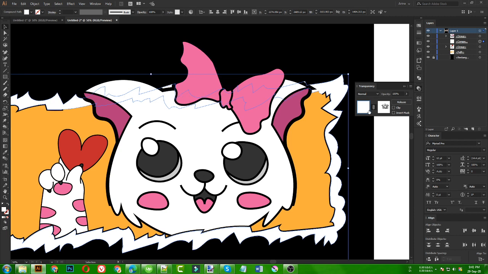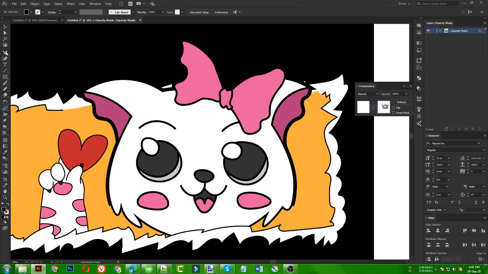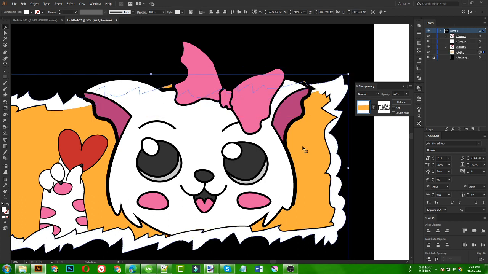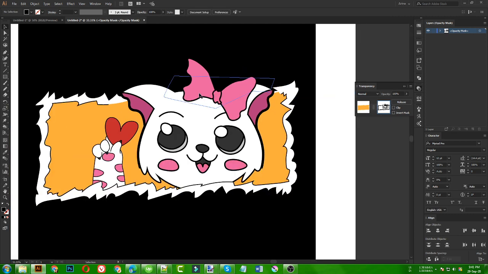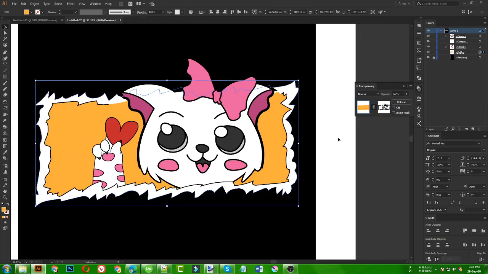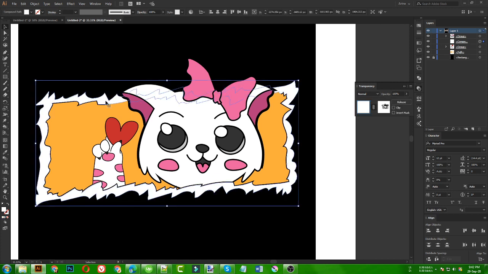So I am going to select my white. If I come into this transparency panel, I can simply draw some black areas here, because I don't want this little part and this little part to be visible. Okay, now once I make them invisible, you can see the yellow is now visible. So I need to copy this one, again come to the yellow layer's transparency panel, and paste in front, so it will be hidden.